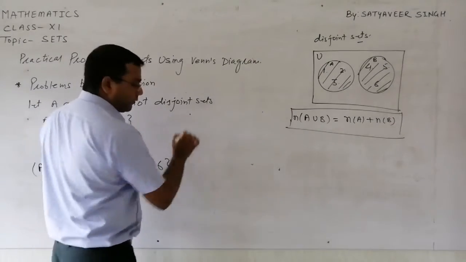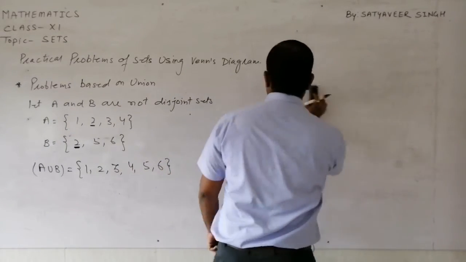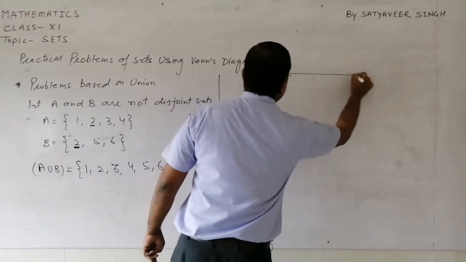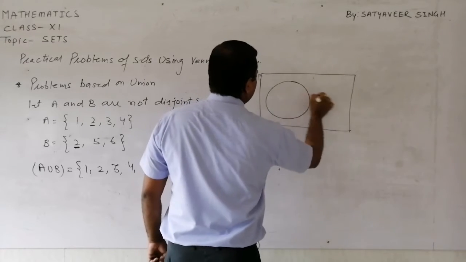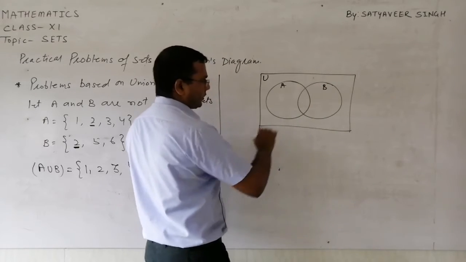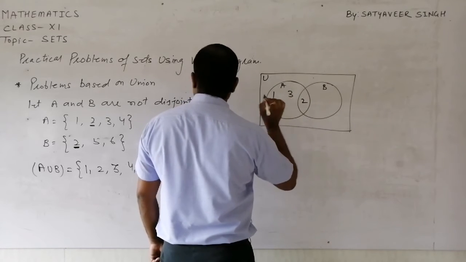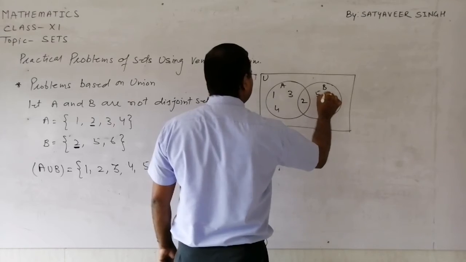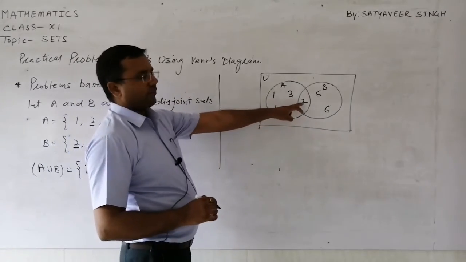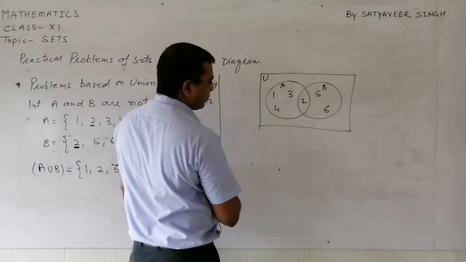Similarly, using the Venn diagram also we can understand this. If we explain the same thing using the Venn diagram, there are 2 sets, set A and set B, inside a universal set of natural numbers. Here we have the elements 1, 2, 3, 4, and here we have, suppose, 2, 5 and 6. You can easily notice that 2 is the element which comes in set A and also in set B. So this is the common element of both the sets.